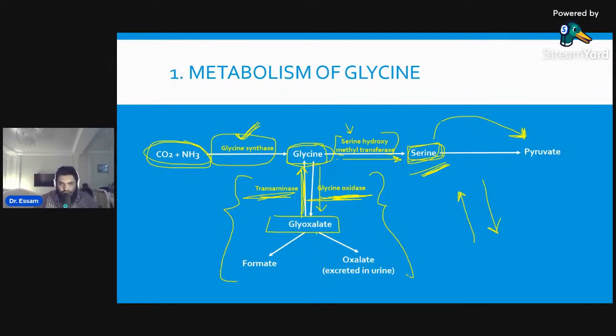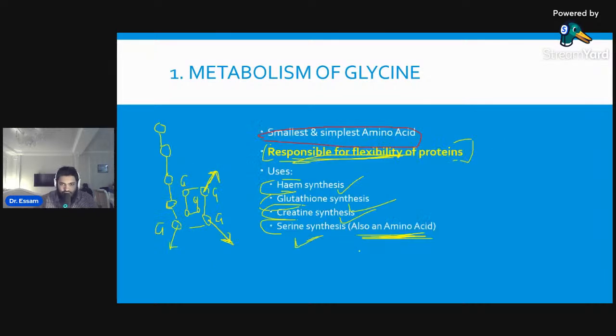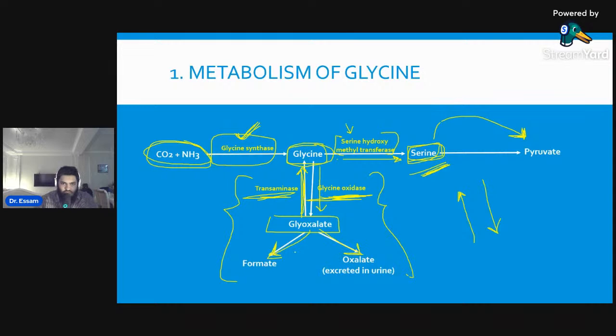Okay. And what happens from glyoxylate? From glyoxylate, we can get formate and we can also get oxalate. Now, this is the important part. You have to remember formate and oxalate. What happens to oxalate? Oxalate is excreted in the body. Now, oxalate is